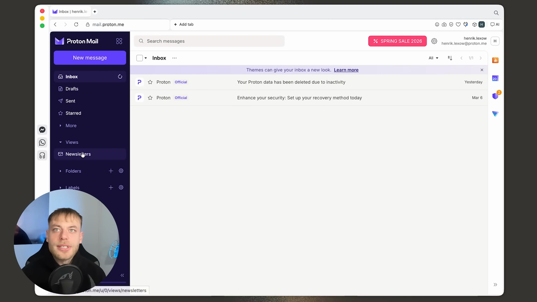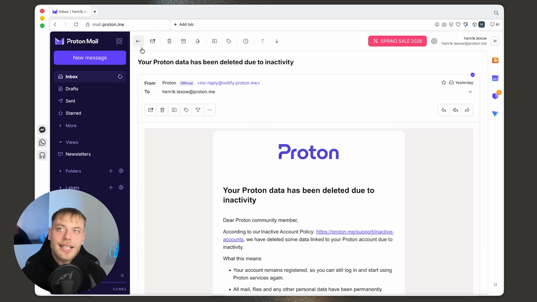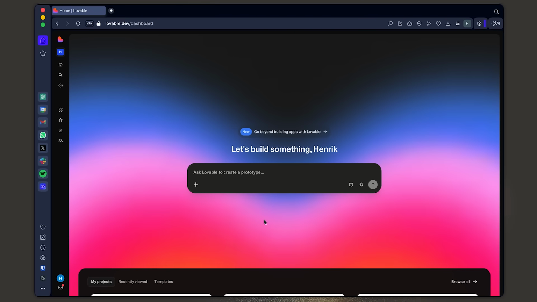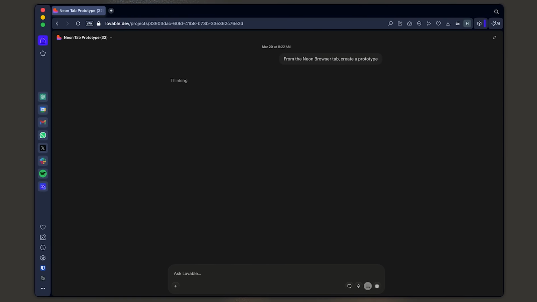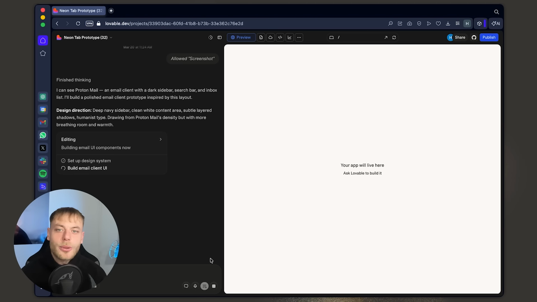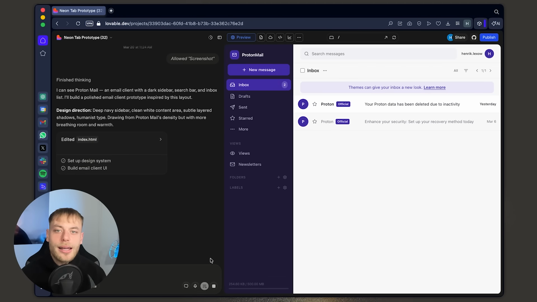Now we open the website we want to prototype in Opera Neon, in this case a mail inbox page. Then from any browser we open my Lovable account and prompt it to build a prototype of the page we have open in Neon. This is what it looks like when your browser and your AI finally speak the same